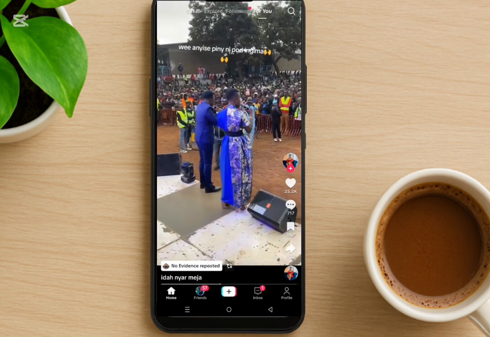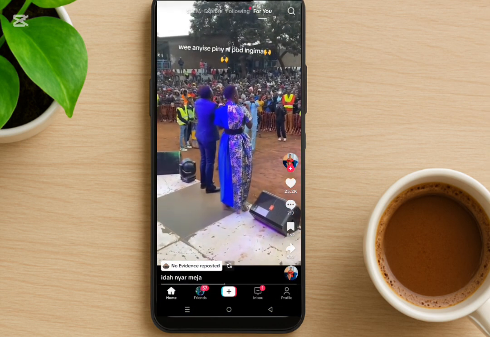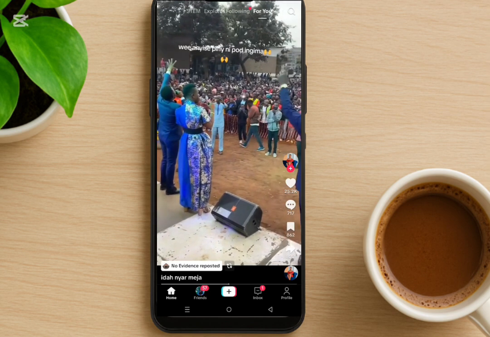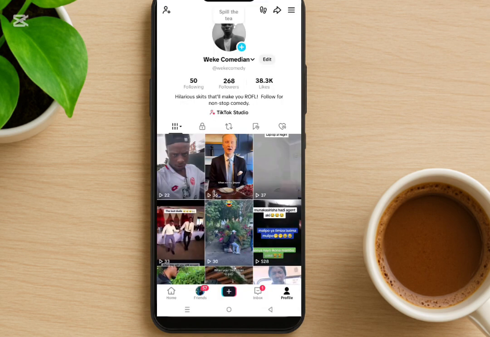Now, after opening TikTok app, be sure to follow every step here so you don't make any mistake. Okay, click on your profile icon here at the bottom. Okay, then what you want to do here, kindly check the page that you are in, the profile page now,